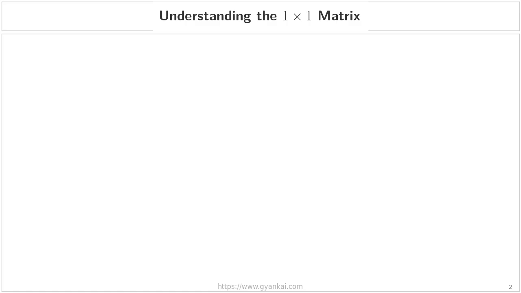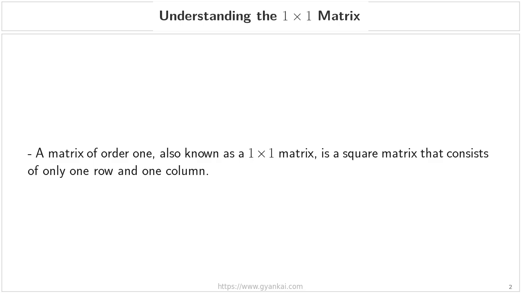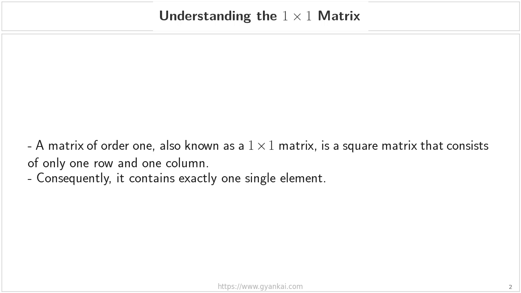Understanding the 1 times 1 matrix. Now that we've established that a determinant is a unique scalar value, let's take a closer look at the simplest possible structure we can work with. When we talk about a matrix of order 1, you might also hear it referred to as a 1-by-1 matrix. Essentially, it is a square matrix that is as minimal as it can be, consisting of only a single row and a single column. Because there is only one row and one column, it follows logically that the matrix contains